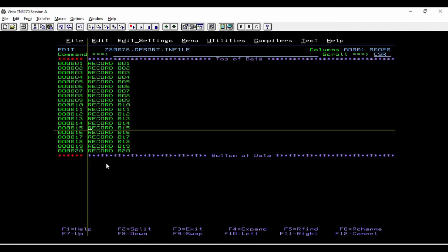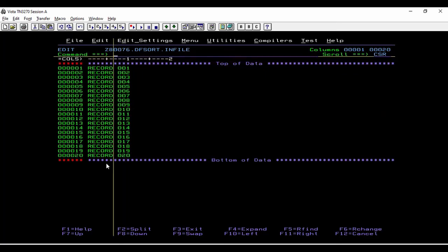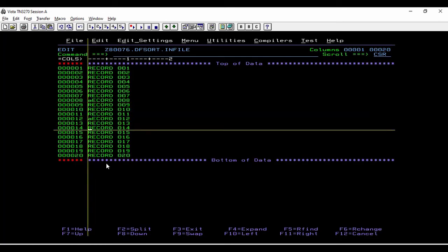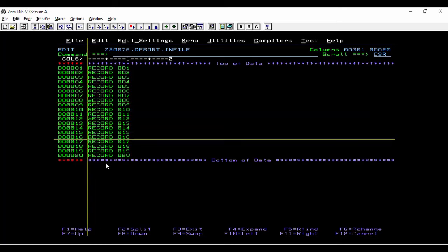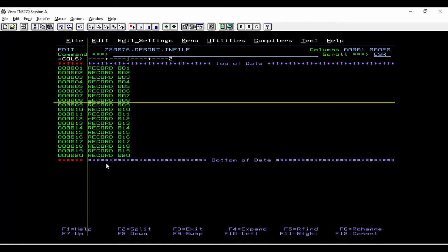So here we are having 20 records, and we want to omit those records which are having the record spelling wrong. Instead of record it is accord. So those records having A as accord would be eliminated or omitted, which can be achieved.